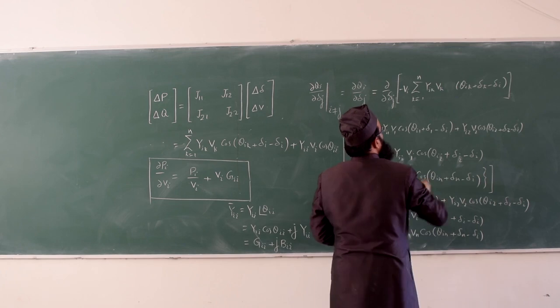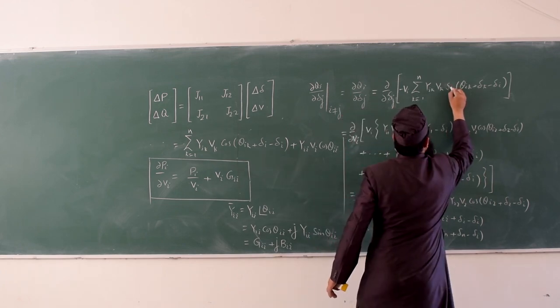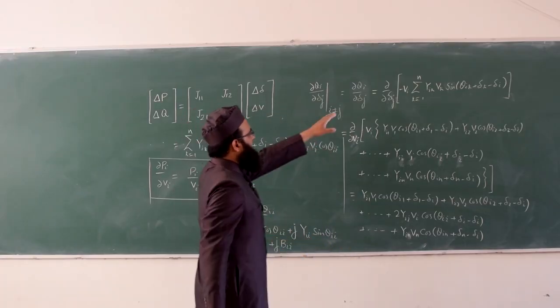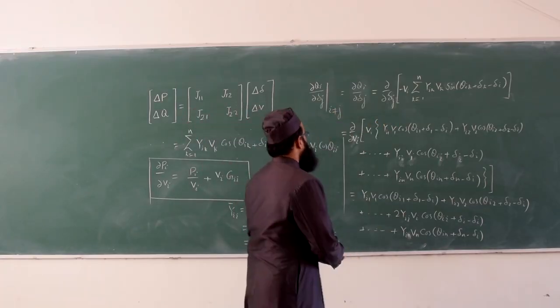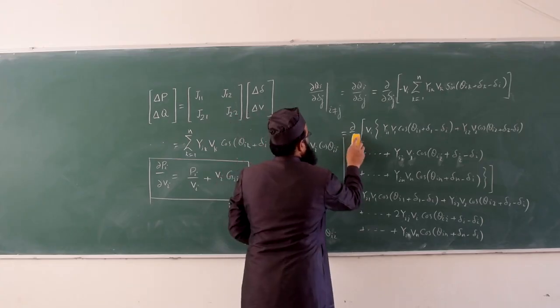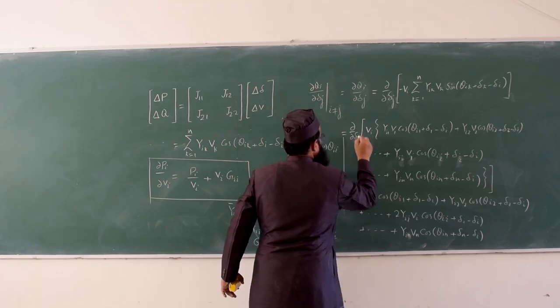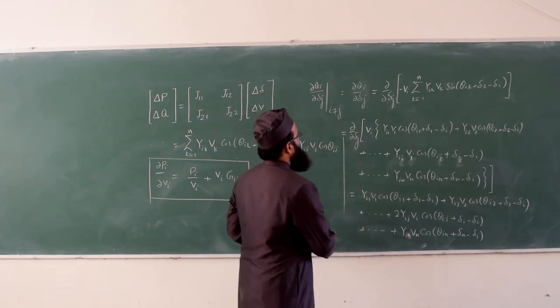See equation B, equation for Qi. Fine. So, we have to evaluate del delta J for Qi. Right here del delta J, minus sign is here,